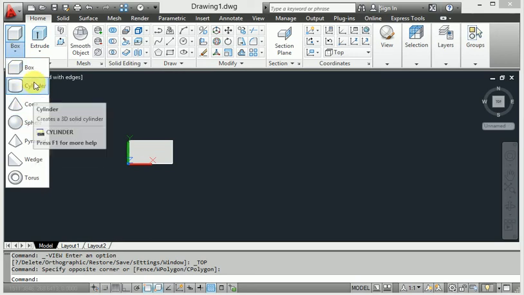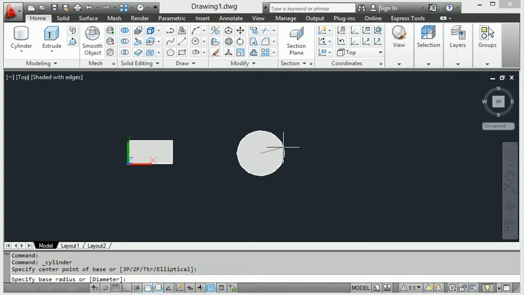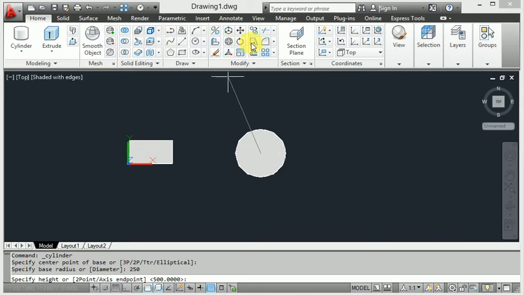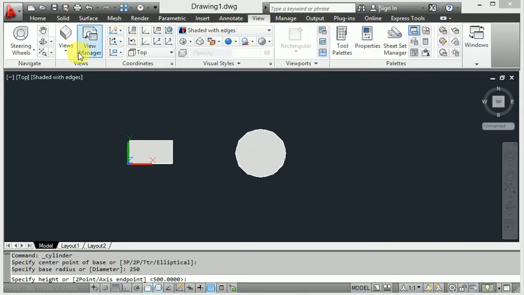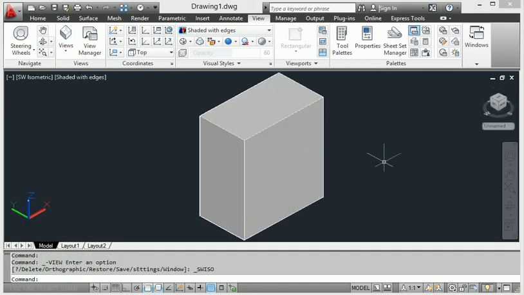When I select the home page, I can choose any cylinder, cone, sphere, whatever. I take the cylinder and draw it with a particular radius. I will give a 250 radius. Then it asks how much distance we are going to give.